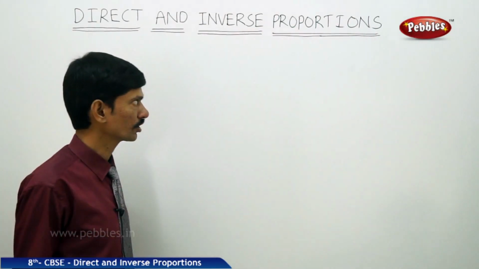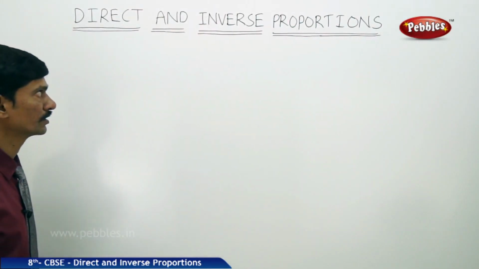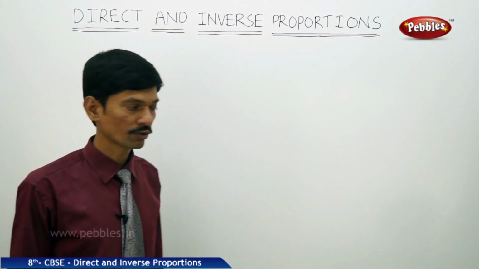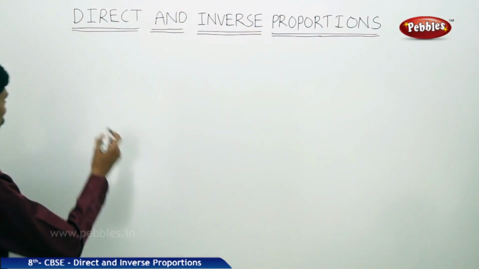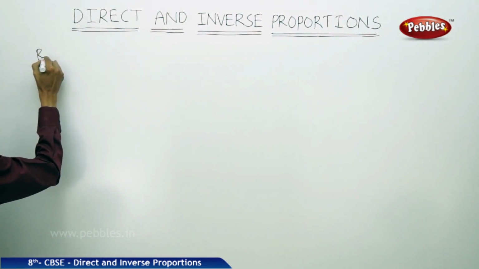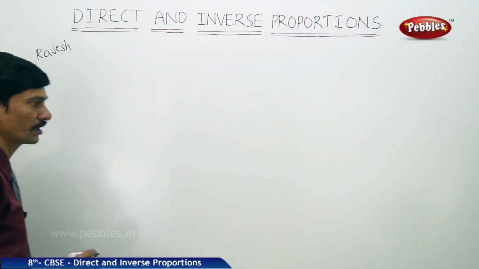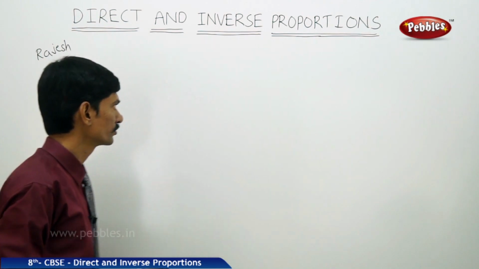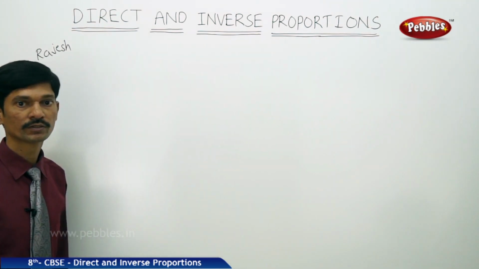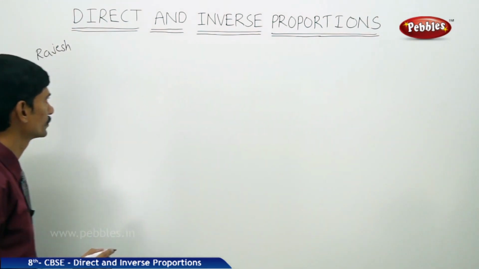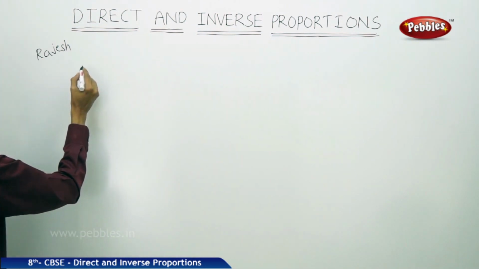Now let us discuss the topic direct and inverse proportions. Now let us take an example. For example, Rajesh is preparing tea for himself and his sister. So he is preparing the tea for two persons, for himself and his sister, and he is taking